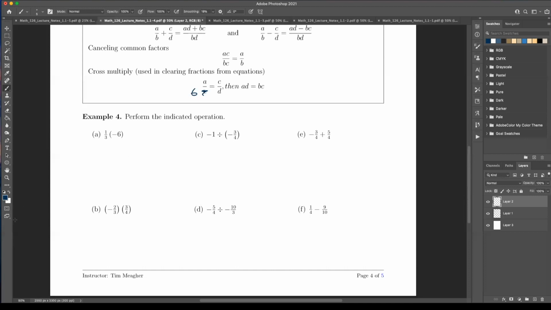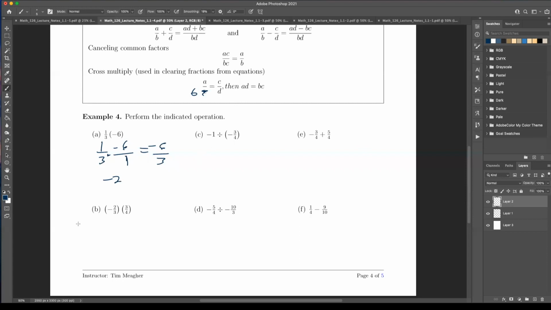All right, so here we're going to perform the indicated operations. I'm going to do a couple of them, and I'll have you guys write at least one in chat. So here, we're going to perform this indicated operation. What I probably want to do is write this as a fraction. If something's not a fraction, you can always write it as a fraction by putting it over 1. And then here we can just multiply across. I'll have minus 6 over 3, which simplifies, of course, to negative 2.